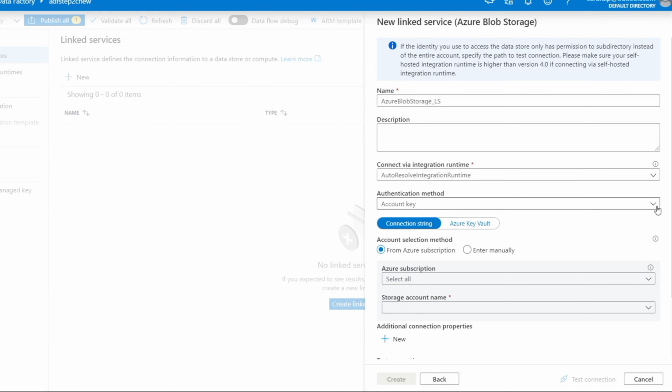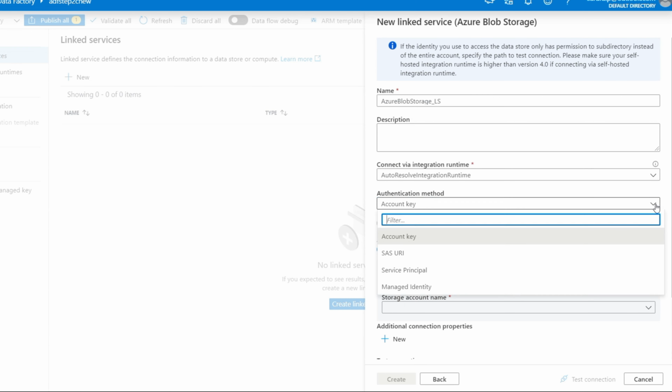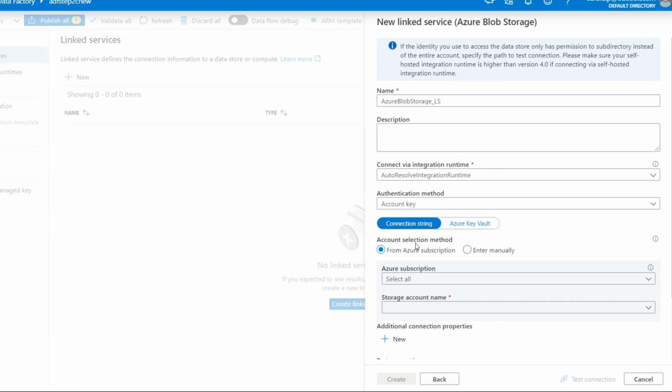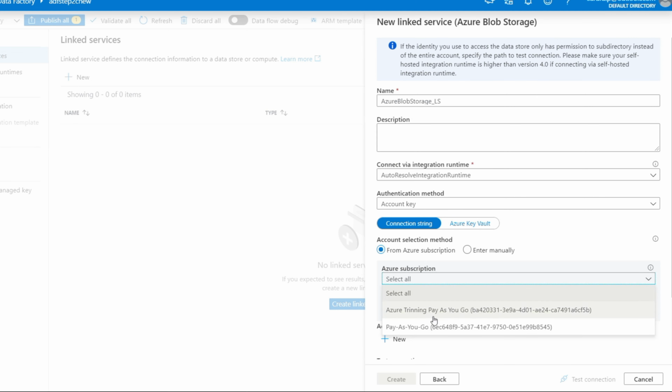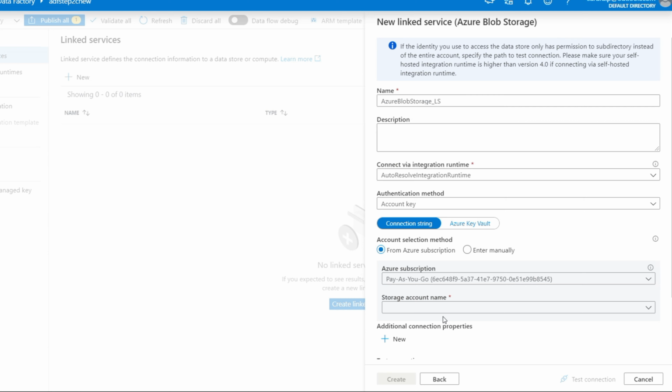Now how are you going to access? I'm going to use account key, and there are different ways also possible. So I'm going to use account key to access our storage account, and I'm going to use my subscription. You could specify the subscription and the storage account.